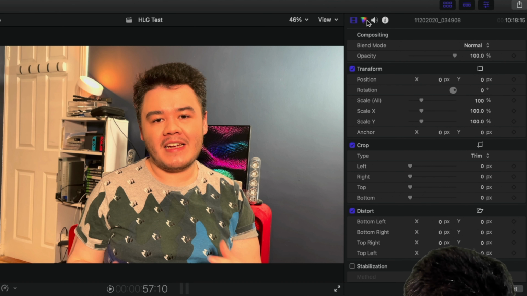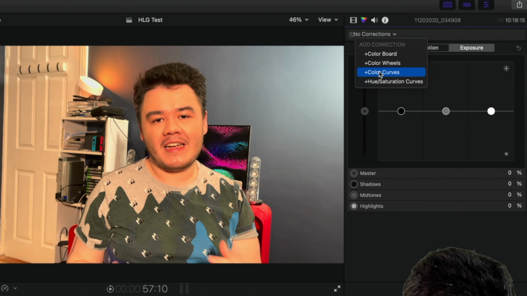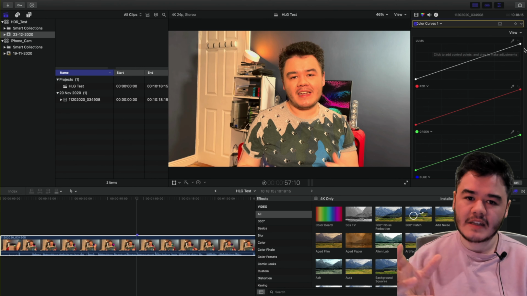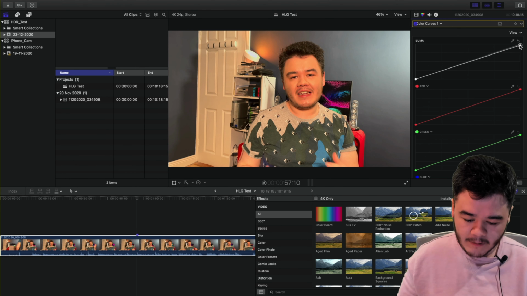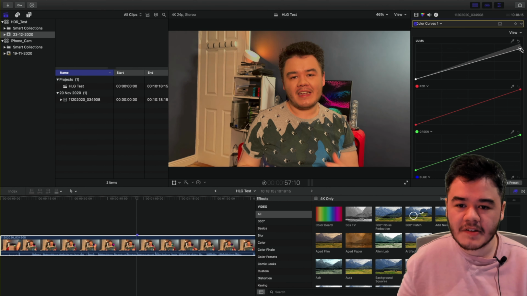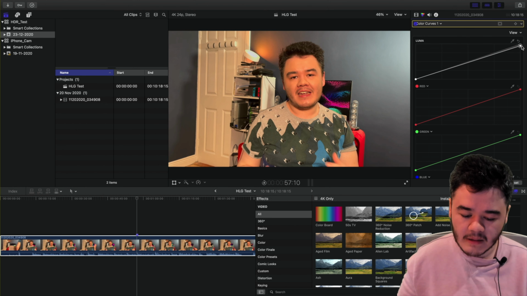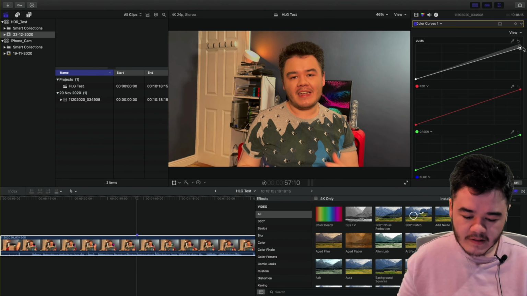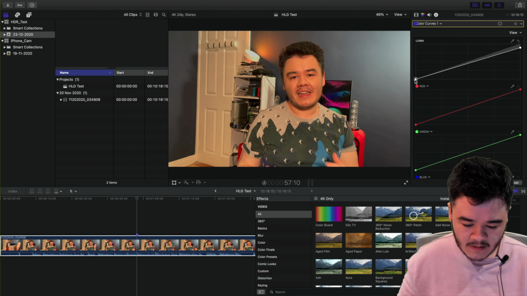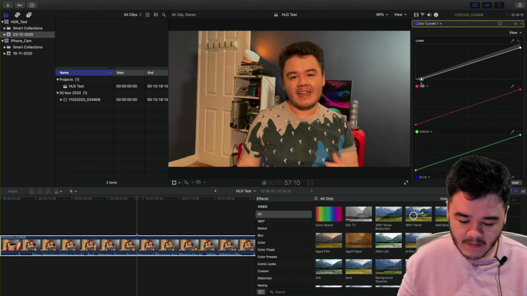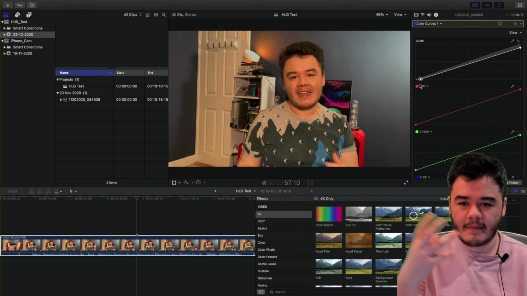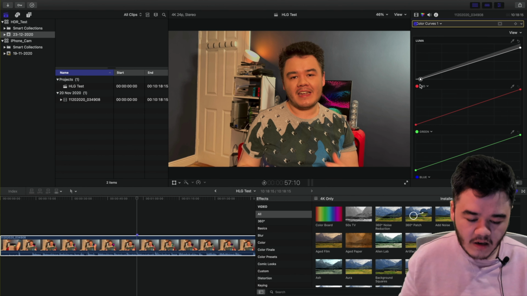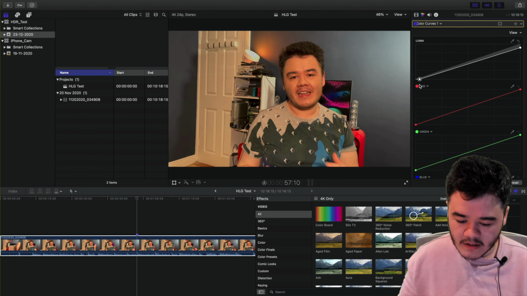So the first thing you want to do is go into your color curves. What we're trying to figure out is what's wrong with this image. It's overblown, so you're probably wanting to lower it. And as you can see, it's already making a change for the better. You want to get it to levels that look more comfortable, a bit flatter. So I'm going to go for something like this. You might even want to take it in from the bottom like that, just to add a bit of dynamicness to it, increase the shadows, have a nicer contrast. That is something you can do here.